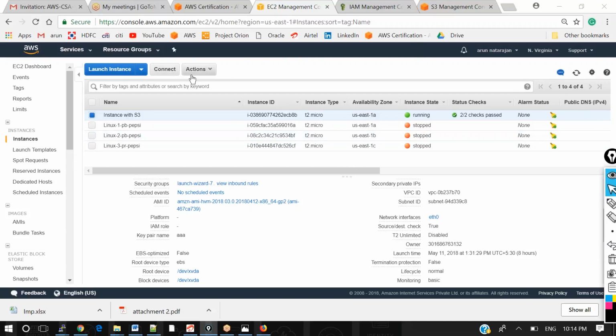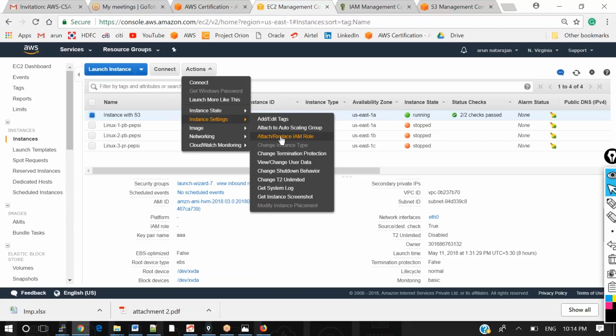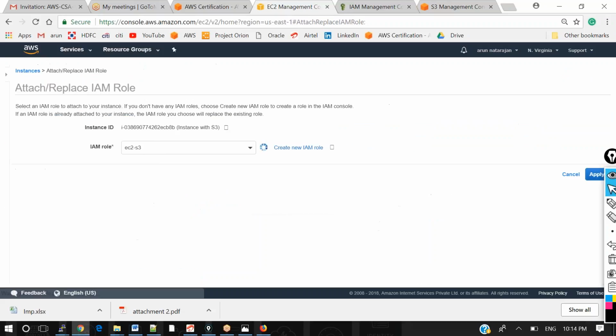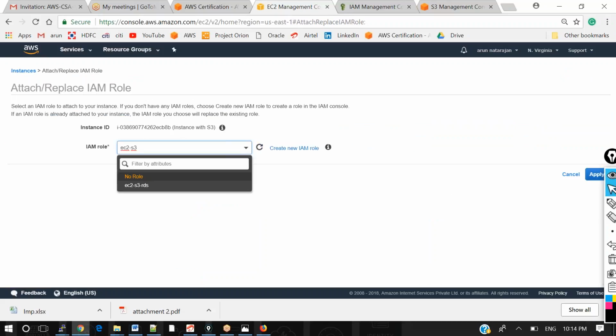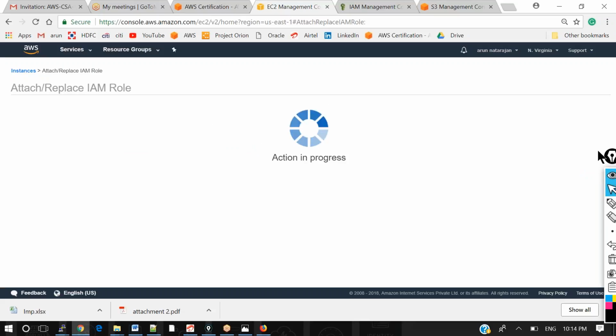So now I'm getting onto Actions, Instance Settings, Attach or Replace IAM Role. Okay, right. The EC2 S3 RDS role is what I'm going to attach here.